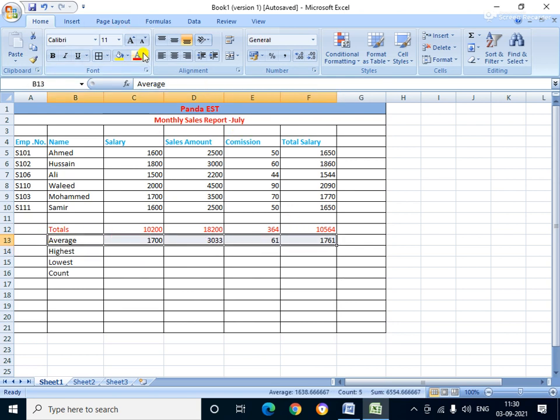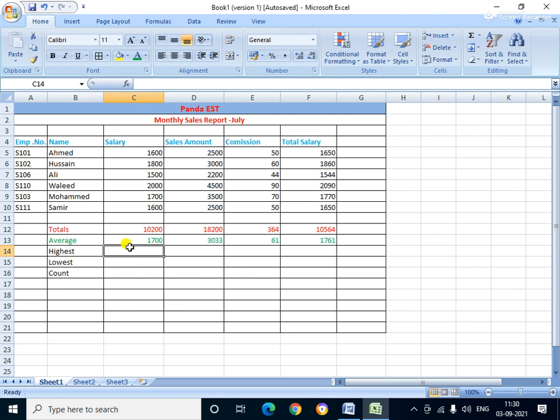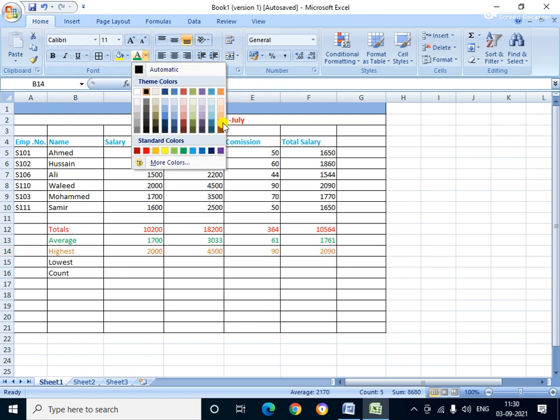Changing the color. See, next is the highest. So equal to MAX function you use. MAX means the maximum. Select the data range, then click enter. This is the maximum, and the rest come automatically, and we change the color. Select it and change the color.